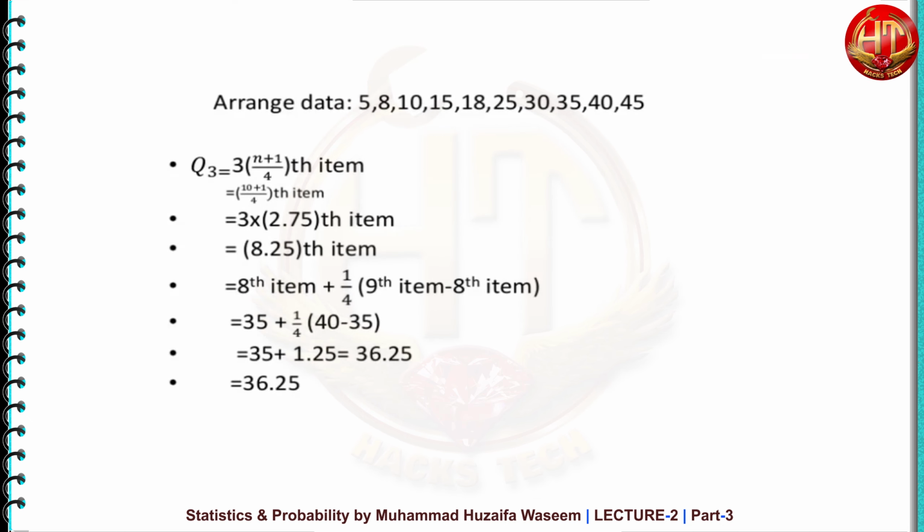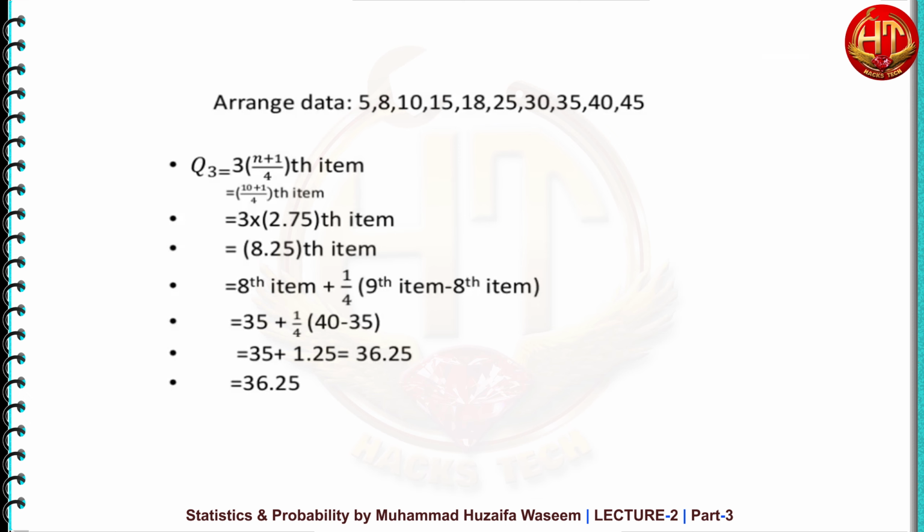Now for the third quartile, after arranging the data in ascending order, how can you calculate it? Put i equal to 3 in the given formula. Okay, and what is n? n is the total number of observations, which is equal to 10. Then 10 plus 1, divided by 4, is equal to 2.75. Then multiply by 3, which is equal to the